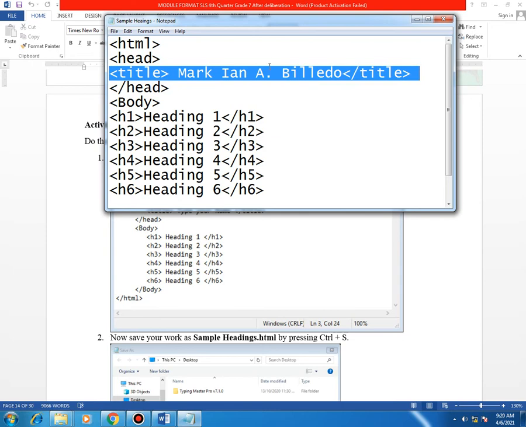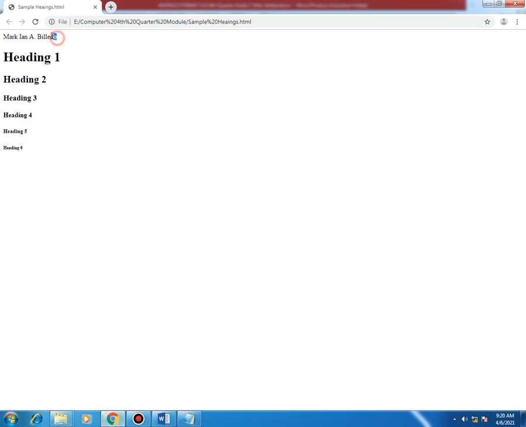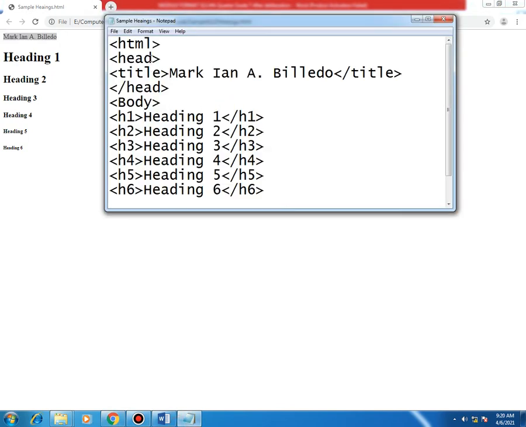So kaya nagkaroon tayo ng head, then dun sa loob ng head, meron tayo ngayong title and the title will be our name. Kaya kung mapapansin kanina, head lang ang nakalagay at walang nakalagay na title tag. So kung walang nakalagay na title tag, then nandito na ngayon yung ating head. So ang ating title will be the file name of our HTML. Pero since inedit na natin siya, so we have now our head and the title and of course the end